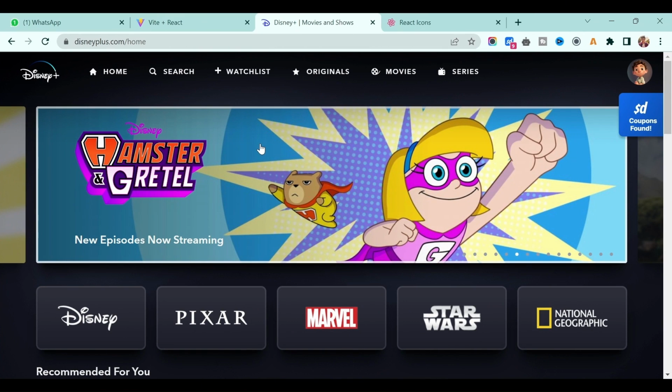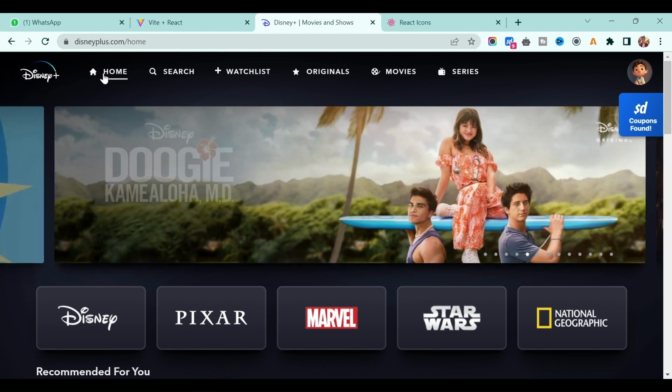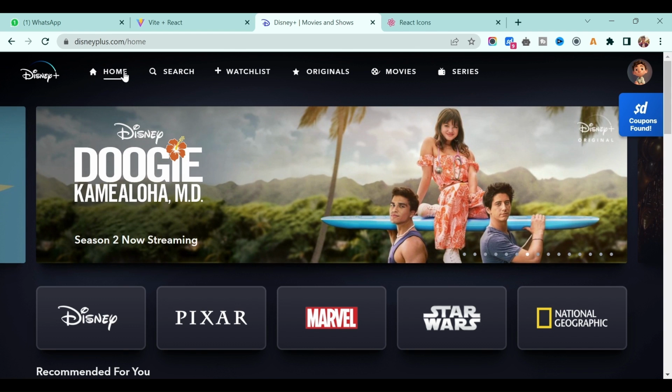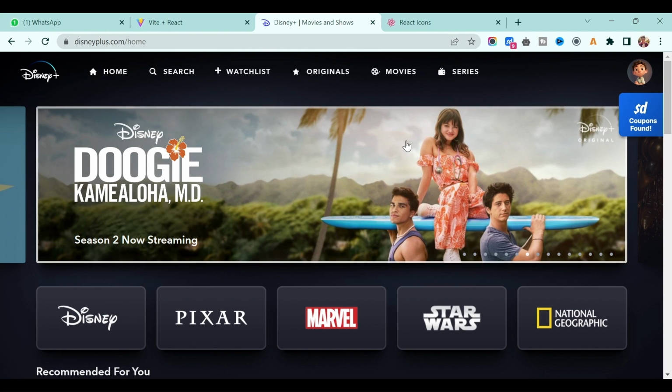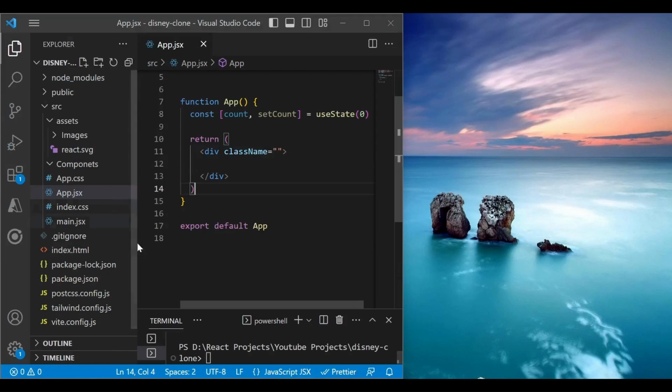So now if you see on the header, we have the logo on the left side corner, and then we have the icon and the name of the menu: home, search, waitlist. And on the right-hand side we have this profile icon. Okay, so let's go back to our application